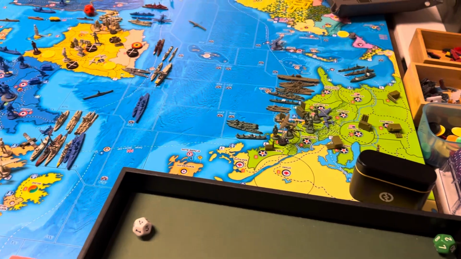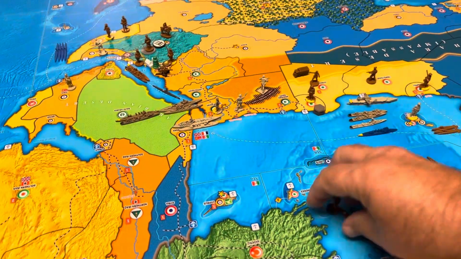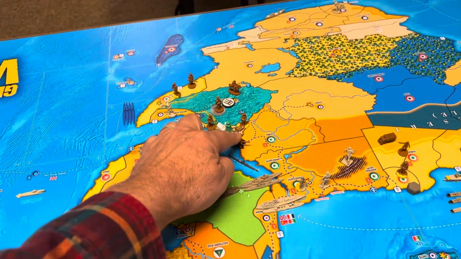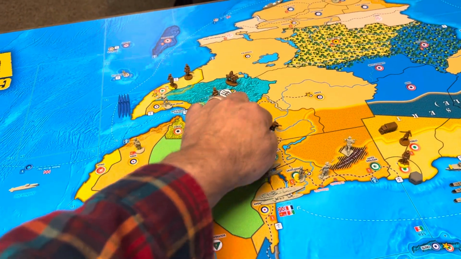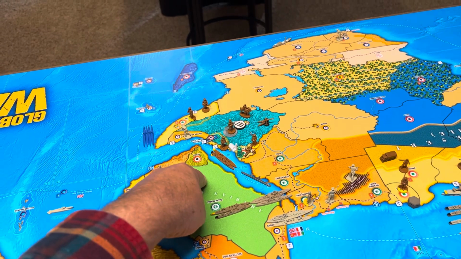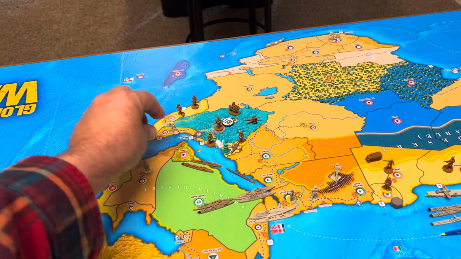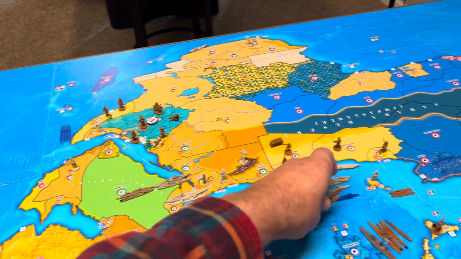We do not have combat this turn for them. So let's go with a movement. This artillery in Eritrea slides over to Abyssinia, and that's pretty much it. Well, let's bring these ships up. It's a light cruiser and a destroyer. They'll come up 1, 2